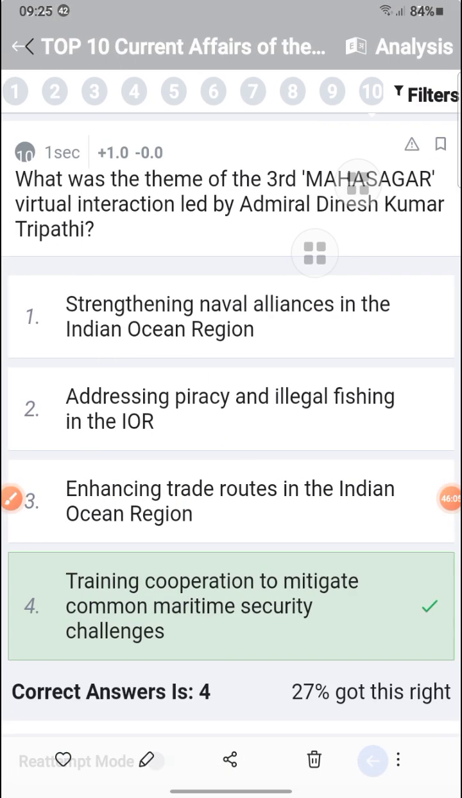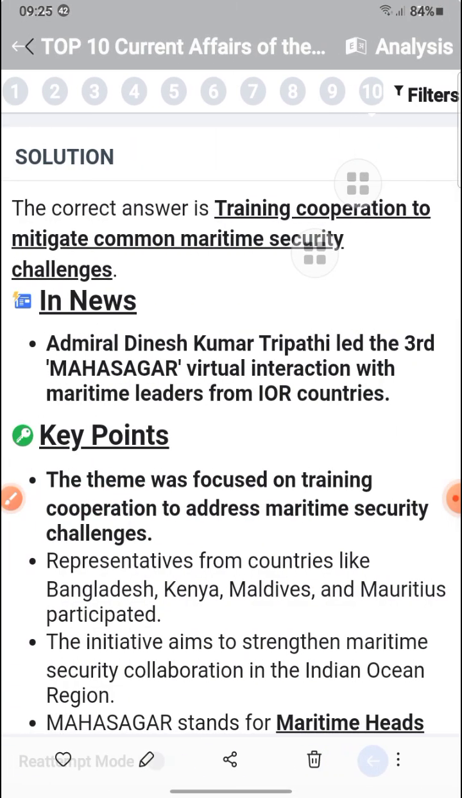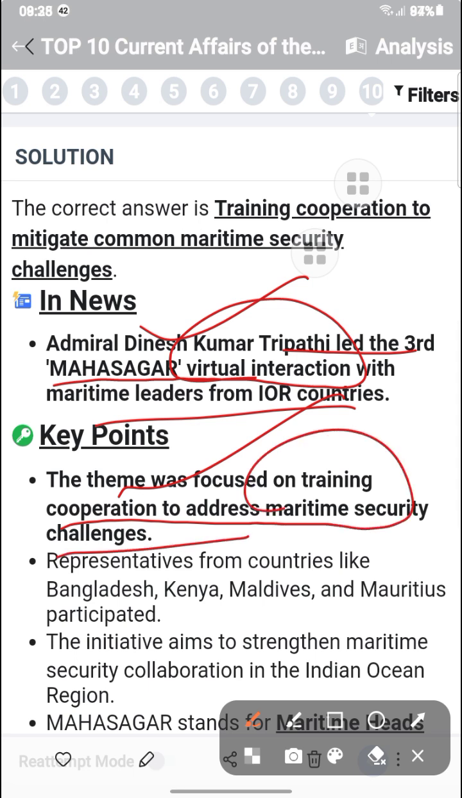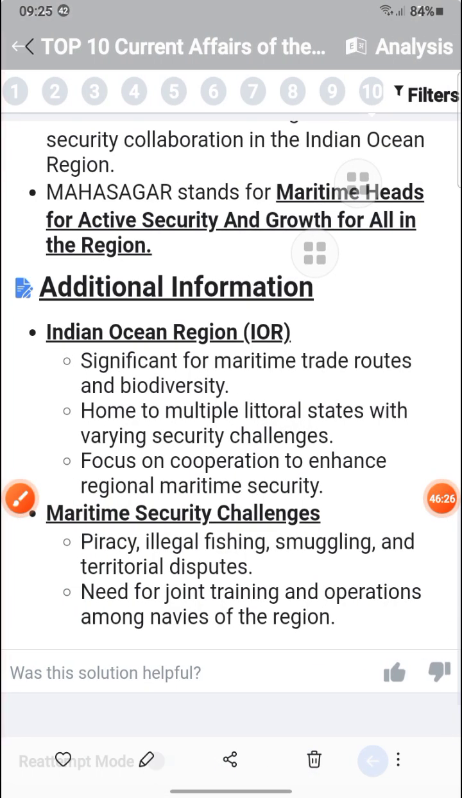What is the theme of the third Mahasagar virtual interaction? Admiral Dinesh Kumar Tripathi: training cooperation to mitigate common maritime security challenges. So Admiral Dinesh Kumar Tripathi led the third Mahasagar virtual interaction. The theme was focused on training cooperation to address maritime security challenges. Okay, so this is all about the